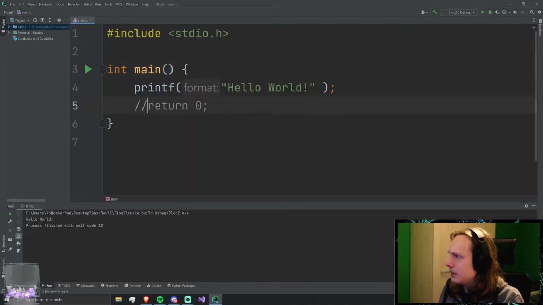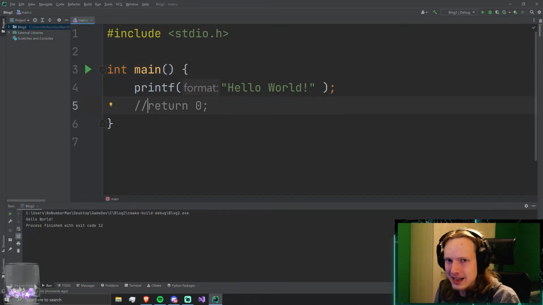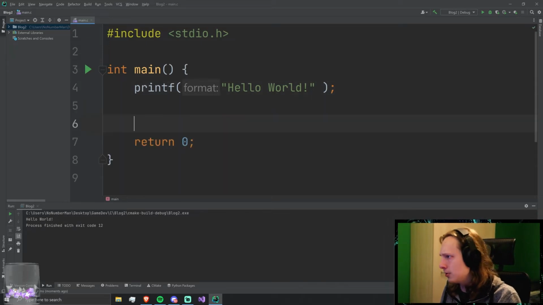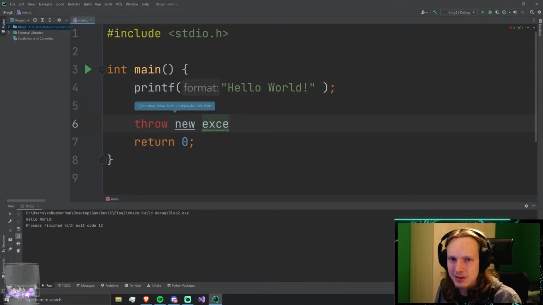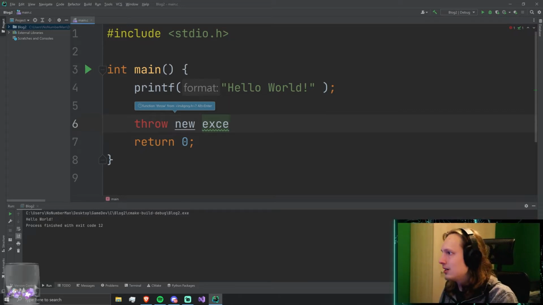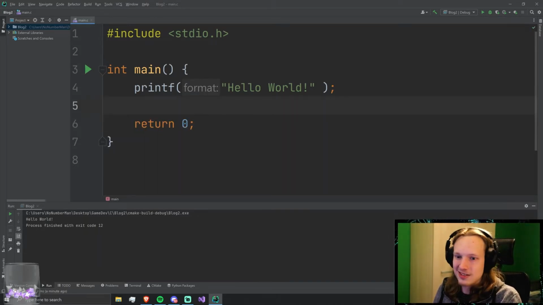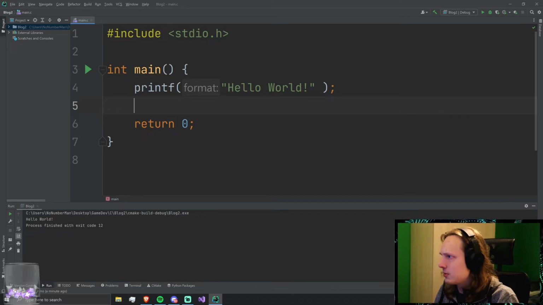Why? Well, because C really doesn't have any error handling, like any exceptions or something like that. It does have some error handling, but it doesn't have any formal exceptions. So you can't really go like, oh, something failed, well, now throw a new exception. Of course, new isn't even a thing in C. So yeah, you can get a function throw from some weird header file, but it isn't supported by the core language. So, well, what do you do then?